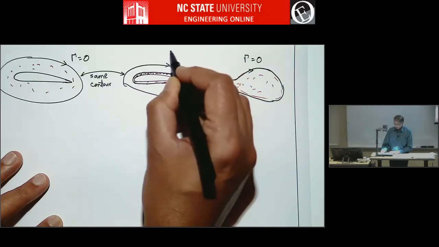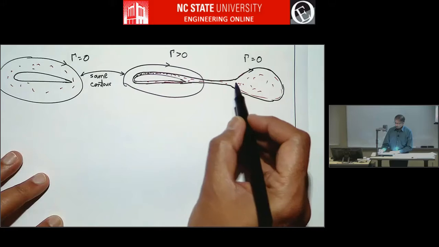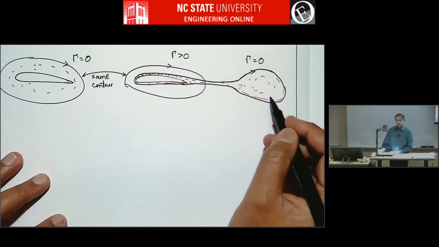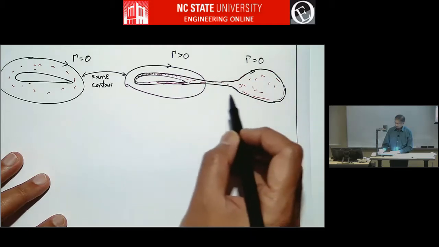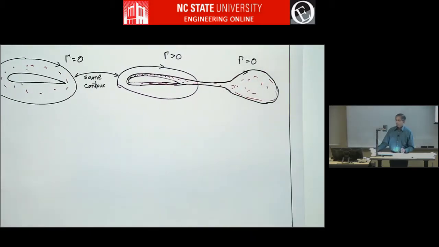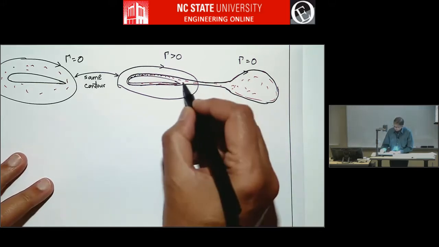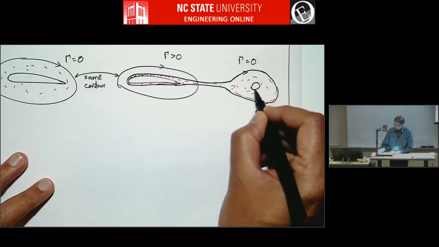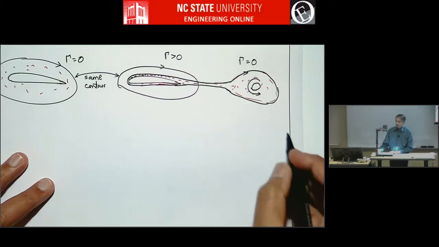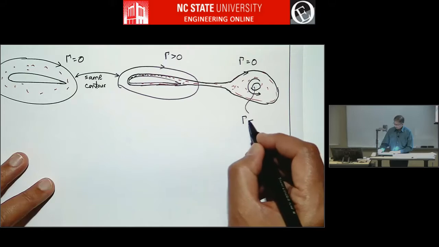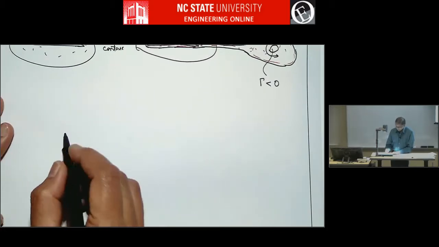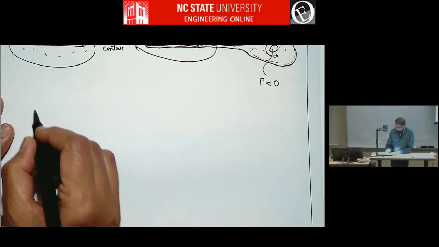That circulation is positive. That means there has to be some portion which has the opposite circulation, so that this elongated contour has 0 total vorticity. And that actually is really a vortex of this sign. This is gamma negative. So that's called a starting vortex. So what happens is, when you have an airfoil producing lift,